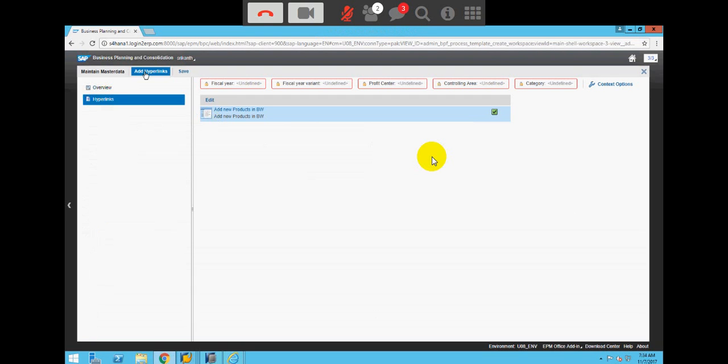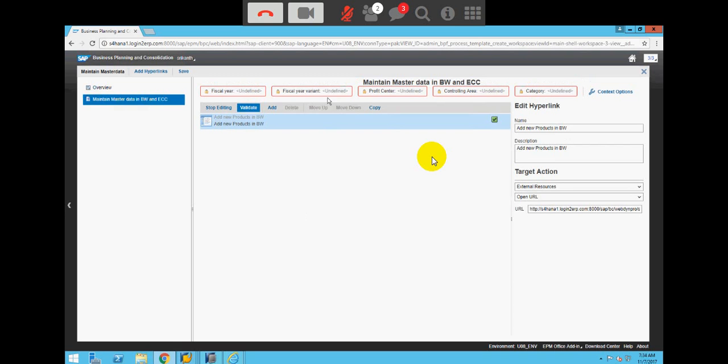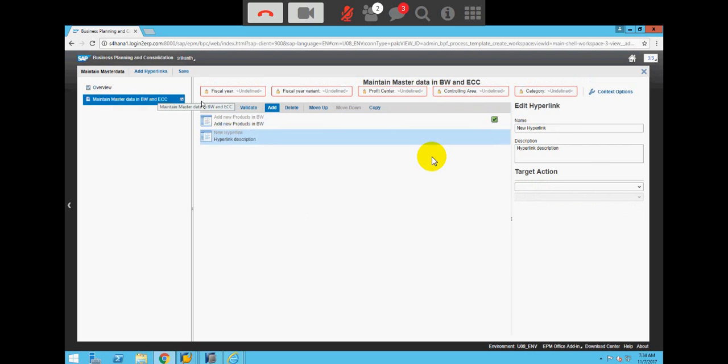another link here, edit. When you add in the same workspace, so this is my workspace name, maintain master data in BW and ECC. So here I can add one more hyperlink. See, this is adding under this same activity, same workspace. Here I want to add maintain profit